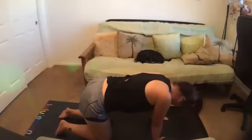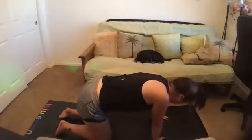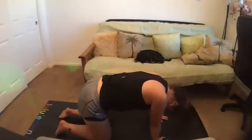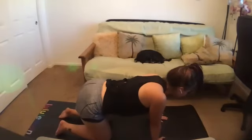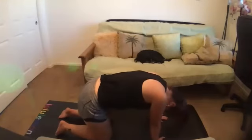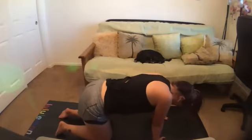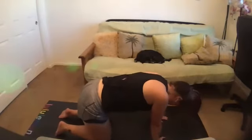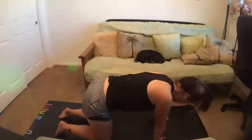And exhale, rounding the spine into that angry cat. Inhale, coming into our cow, lifting your tailbone and your chest. Exhale, rounding the spine. And now take a few more at your own pace, linking the breath to the movement. And maybe it feels good to move side to side, wherever you are today. And slowly returning to a neutral tabletop,